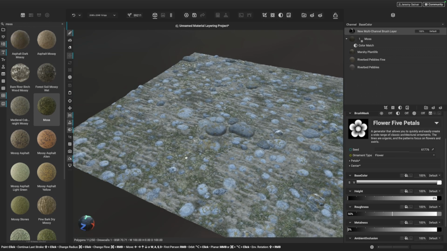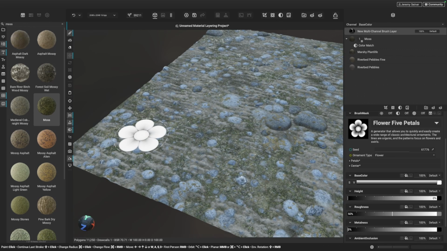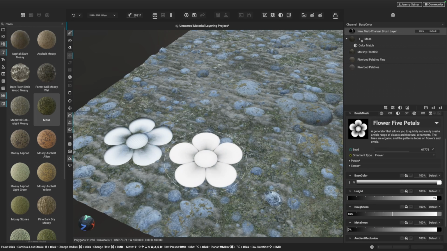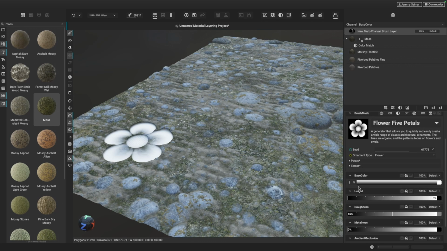Now I want to show you what happens here if I paint with this. So if I go ahead and just click once here, I'm using a mouse in this case, but you can also use a pen tablet. I'm just going to click once to paint, and you'll see that something happens. It's going to imprint the flower into the material, and that's because of the way that our height is set